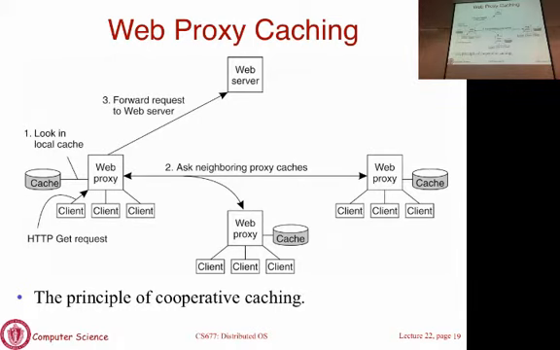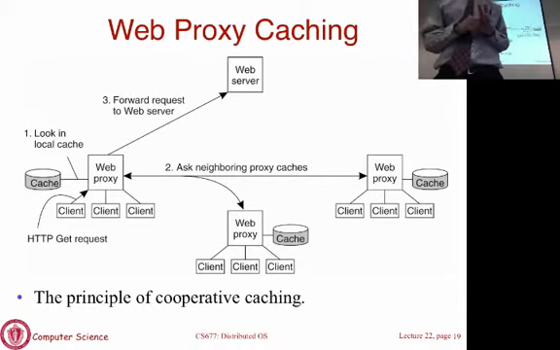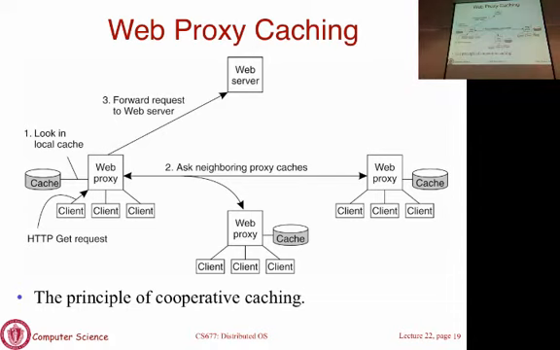Okay? And the assumption is for this to be a win, these proxies are closer to this proxy than the server. If these are more distant proxies, then you are actually going to slow down the request by retrieving it from a far off or a very distant proxy rather than the server, which may be closer to you. So the assumption is there are lots of proxies deployed, it may be faster to go to a nearby cache than to a far off server. Okay, but you have to go to a nearby cache, not a far off cache, which will defeat the purpose of cooperation.